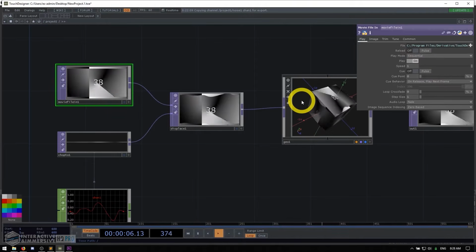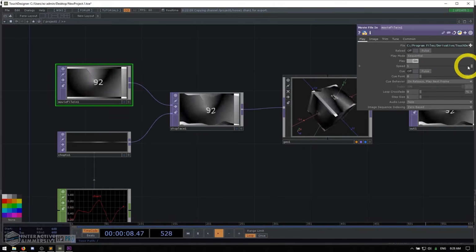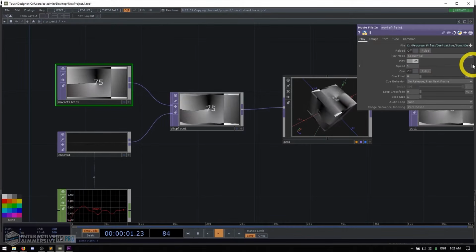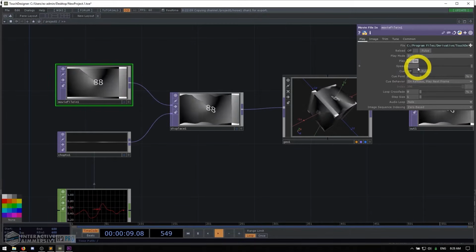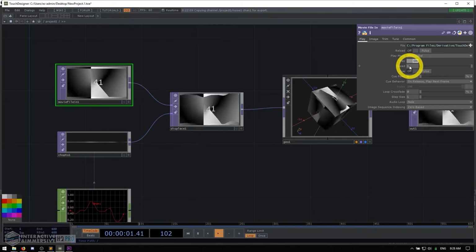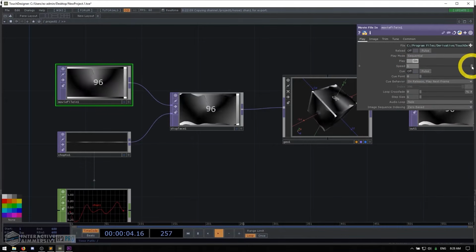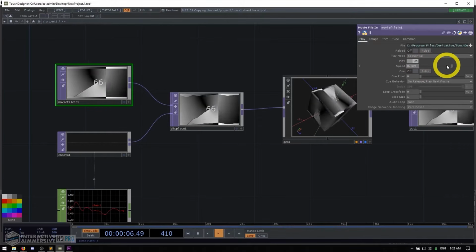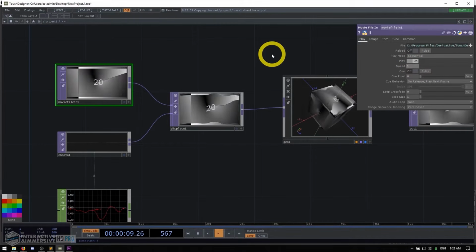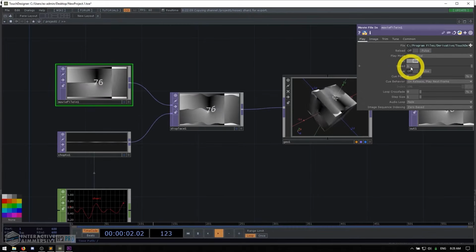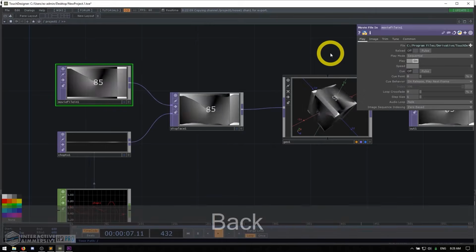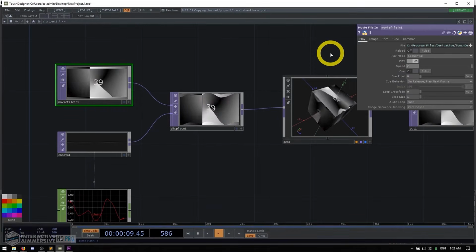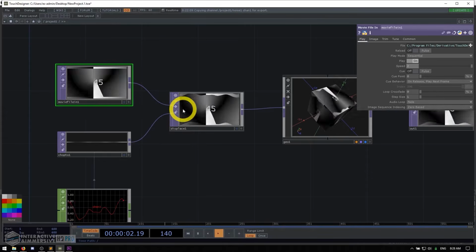Now, with that said, what you'll notice immediately is something like speed. It goes from 0 to 1 by default with its little user interface element here, the little slider. But what if we wanted to go faster? Does TouchDesigner really limit us to 0 to 1 speed on a video? Absolutely not. It's just that the default range is between 0 and 1 on the little user interface gadget. So if I wanted to go 2 times speed, I could just click inside of the little value field here, delete the 1, put something like 2, hit enter, and all of a sudden my movie is running at 2 times speed.